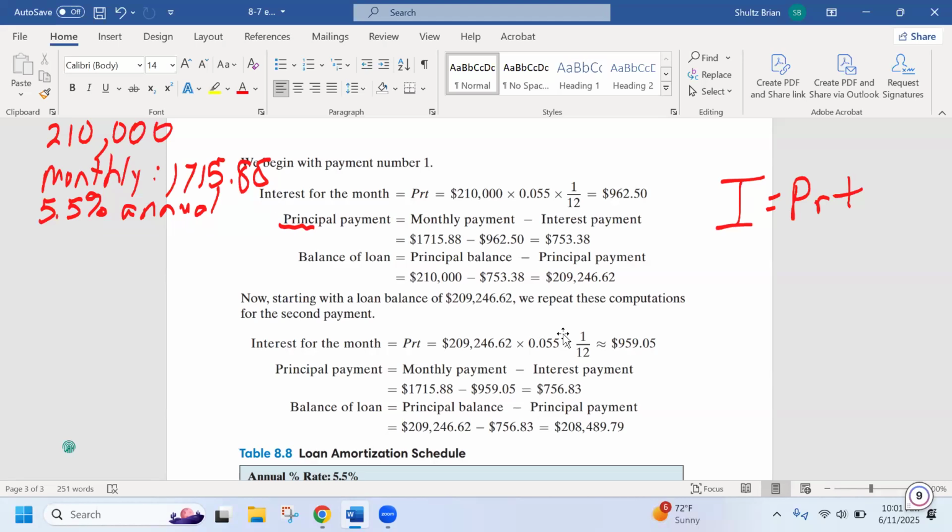So after 1 month, I only pay 1/12 of the interest each month. I'm coming back to this idea: the interest for the month is the principal times the rate times the time. In other words, the principal is $210,000 times the rate of interest, which is 0.055, times the time in years. Since it's a month, it's 1/12. That tells me how much interest I have to pay for that month, which ends up being this amount right here,